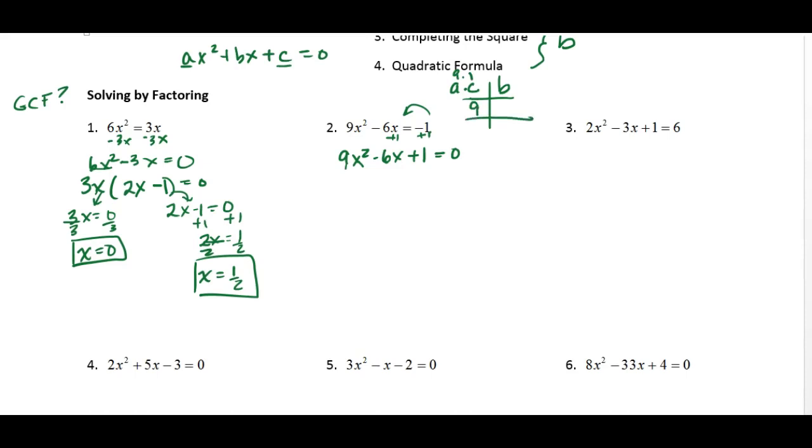Okay. And b is a negative 6. So I'm looking for two numbers that multiply to positive 9, yet add to negative 6. If you can do your factors of 9, you should get negative 3 and negative 3. Okay. Two negatives make a positive. Do they add to negative 6? Yes. So the way I would recommend this, there's more than one way to do this, but if you use box method,